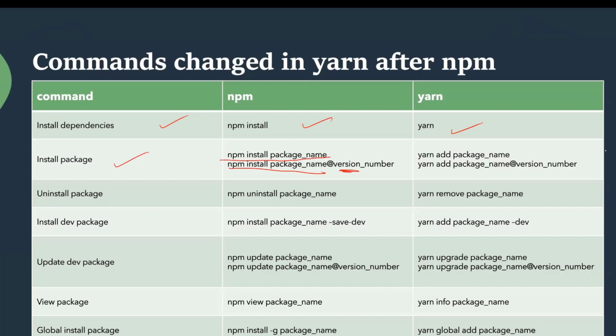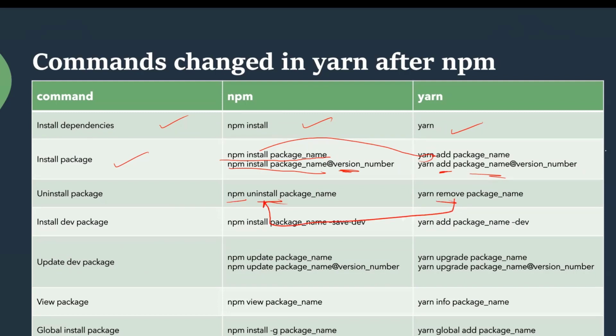In Yarn, it is yarn add and the package name, so install is replaced with the add command. Uninstalling a package: npm uninstall package name, and here uninstall is changed to the remove keyword.